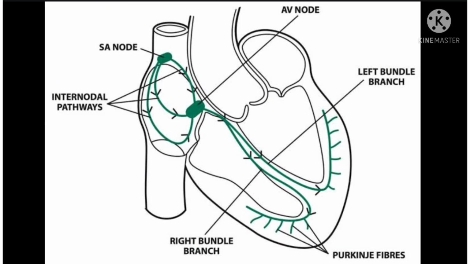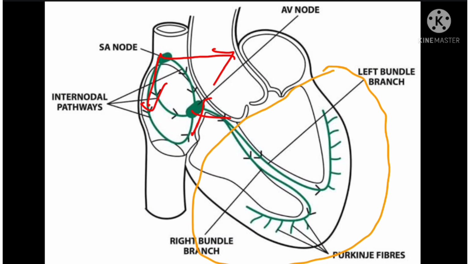Let's see the third degree heart block. It is also called complete heart block. Here the AV node becomes totally damaged. So there is no connection between the SA node and the ventricle. So the part above the AV node, that is the left atrium and right atrium, contracts through the impulse generated from the SA node. But the ventricular part, which doesn't get the impulse from the SA node, will contract on its own.